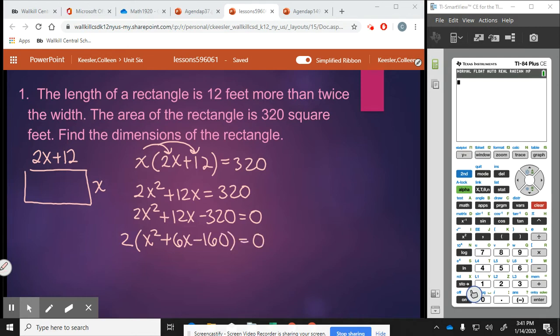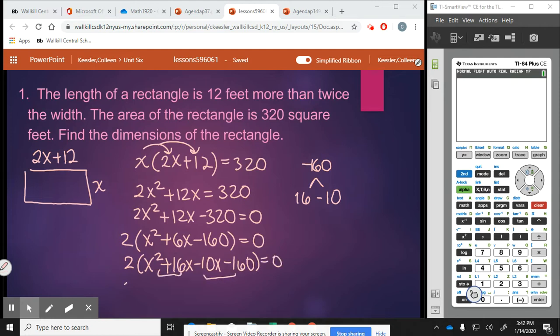Now I need my factors of negative 160 that are 6 apart. And if you think about it, well, 16 times 10 makes 160. So if I do 16 and negative 10, I would get positive 6. So we have 2 times (x squared plus 16x minus 10x minus 160) equals 0. Grouping, we get 2 times (x plus 16